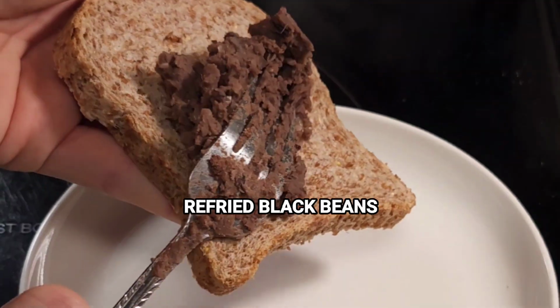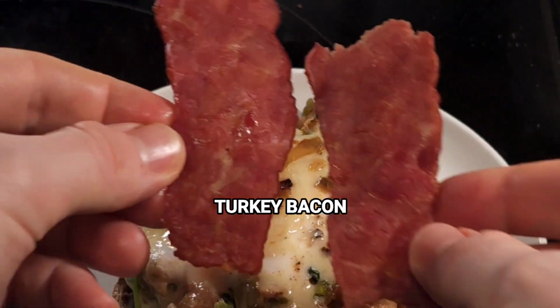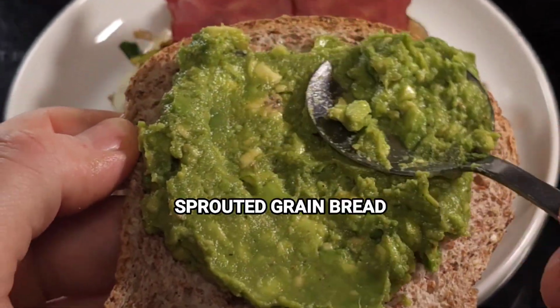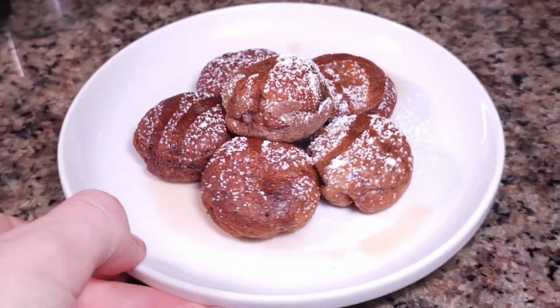My homemade refried black beans followed by tomato, which pairs beautifully and also helps to cut through the richness of everything, topped with turkey bacon, all in between sprouted grain bread. Here's to taking on the day with great flavor by making my secret weapon for a protein-packed breakfast that satisfies